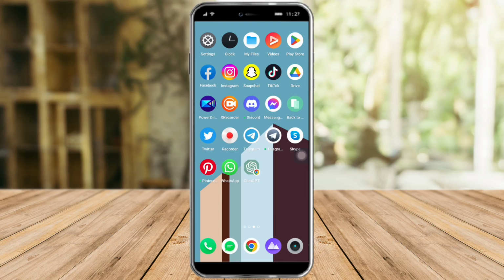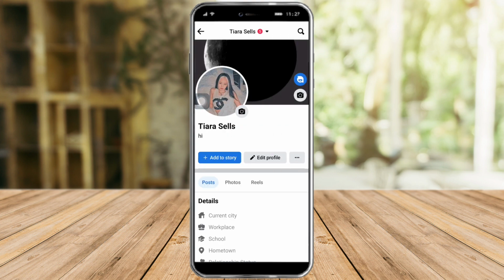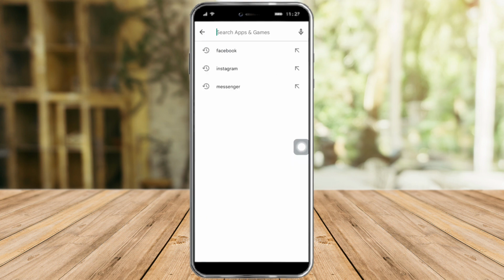So right now, let's head over to Facebook and let's click our icon right here, which will lead us to our timeline. So as you can see right now, there's only posts, photos, and reels, and there's no option for live event. So in order to make it show, let's head over to our Play Store and let's search here